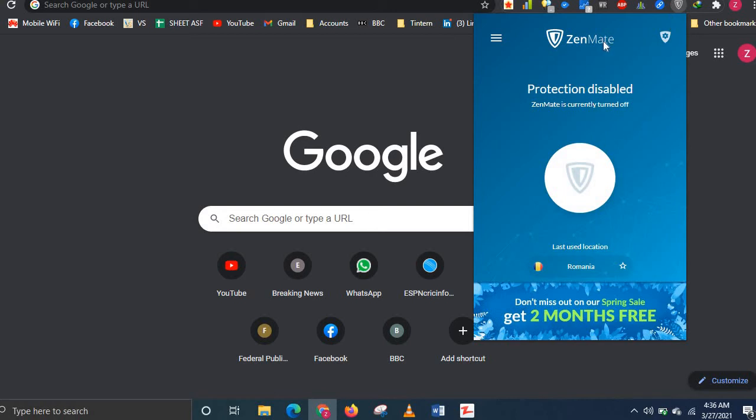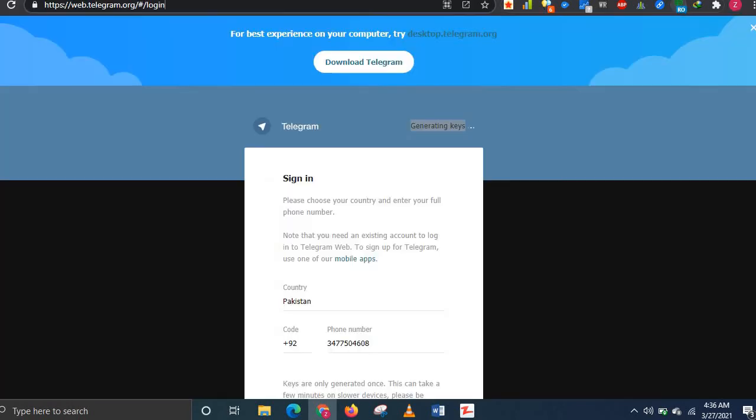I have already installed Zenmate. It is totally free, so you have to install the Chrome extension Zenmate, or any VPN you are using. You can use your paid version as well. You have to turn it on. Once you have turned it on, you have to click